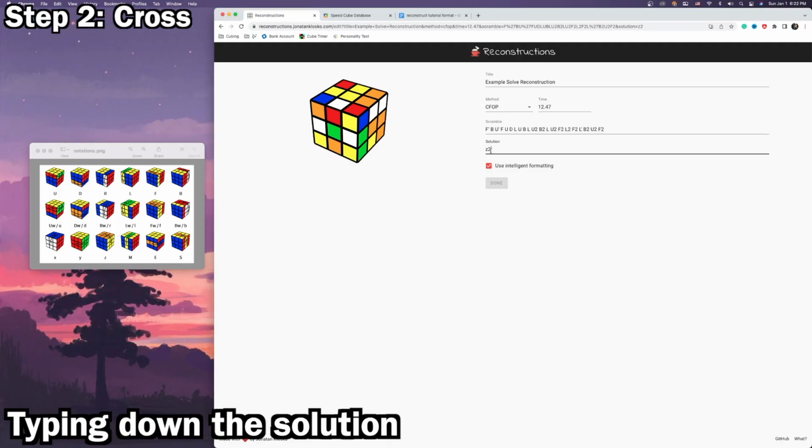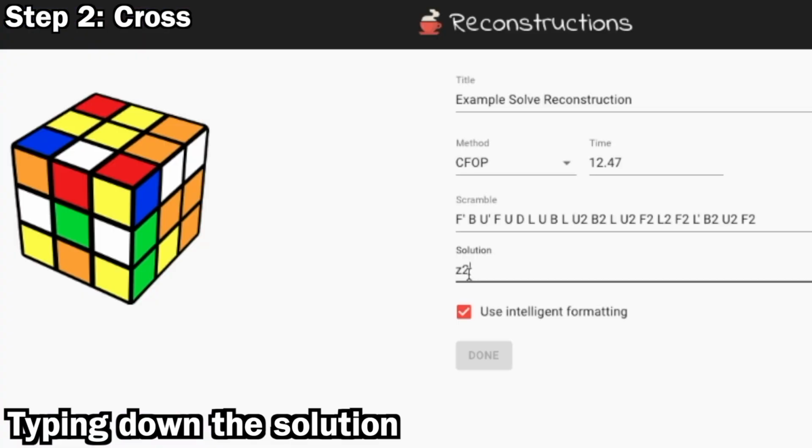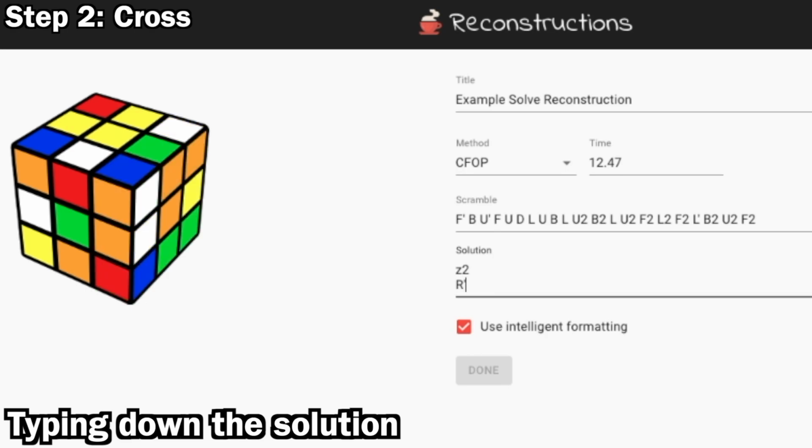So the order was insert green down and then blue. Moving green down would be R prime, moving blue down would be L. Then we inserted red, F2, and then actually we rotated to the left right here, so